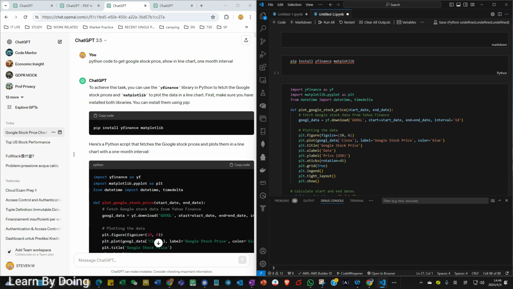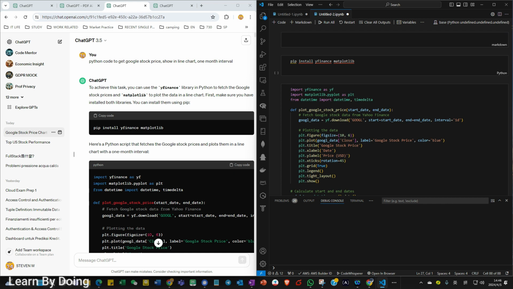Or when some of the code is not performing well and I have a lot of bugs, I will go back to ask. So it is a manually interactive process